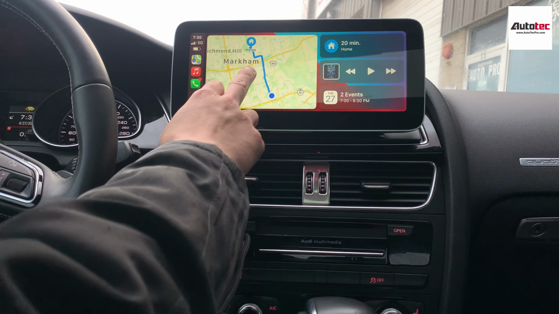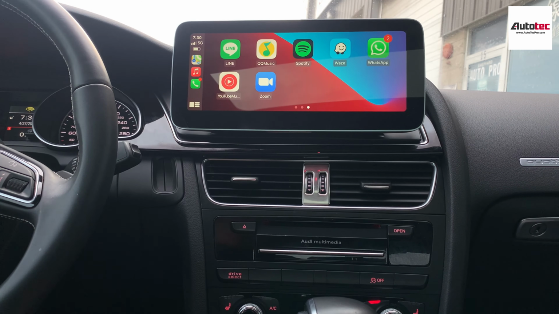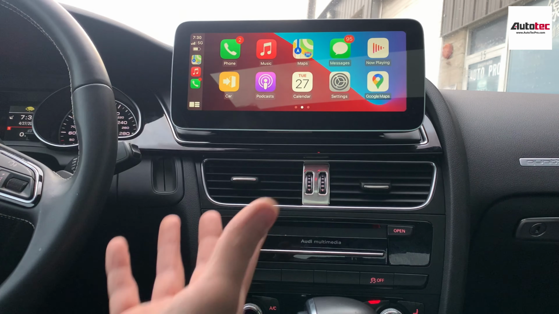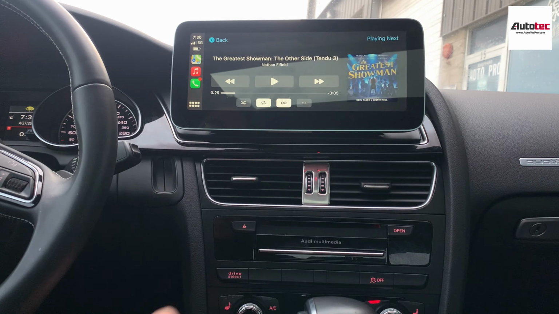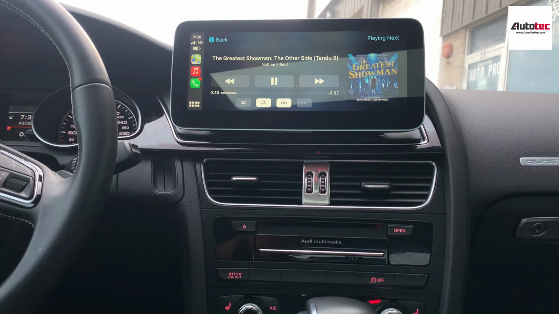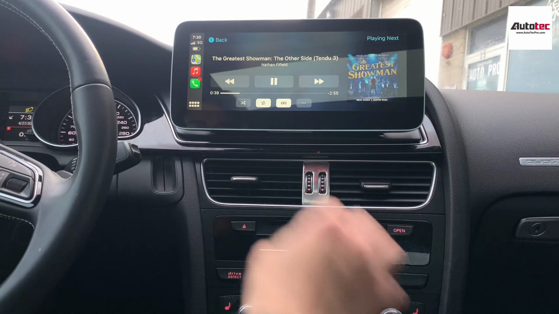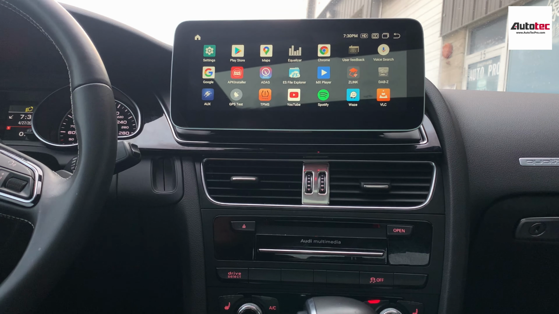Okay, as you can see, you can use all the stuff here, and it will support WhatsApp messages, Waze, all the software that you install on your phone. It will also support most of the applications as well. You can also check the message here too. Let's listen to the music and see. Okay, perfect. If you want to go back, then just click on car and then it will bring you back